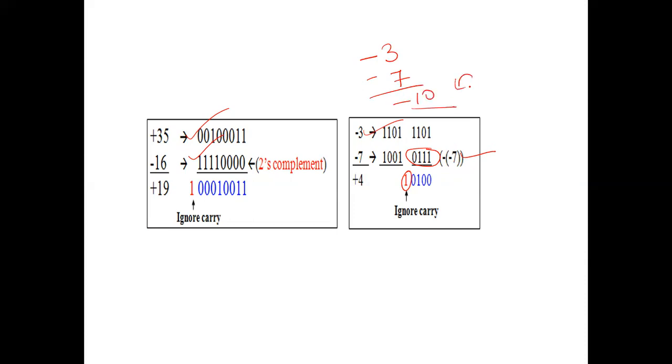That time you have to include the fifth bit. So it depends on the answer. 10 is represented in 4 bits, so if it is a signed number, actually you have to consider 5 bits. Here 4 will be represented in 3 bits, 100. So that's why the 4th bit will be considered as the sign bit. The rest of the bits we have to omit; that is what we are taking as a carry.